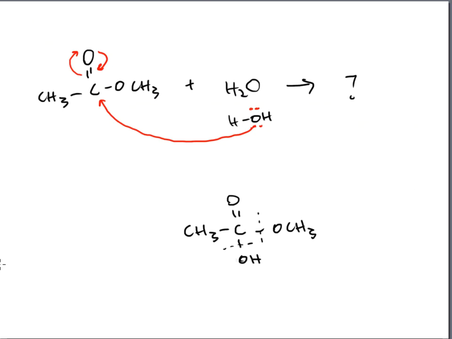All right. So in this particular case, there we have it. We have that OH group that just came into that carbon, and we have that OR group, in this case a methyl group, but it can be an ethyl, it can be a benzene, it can be a propyl, it can be an isopropyl, it can be anything that it wants to be. It doesn't matter. And this carbon is going to choose to keep the alcohol. And that alcohol group is going to stay behind. And that means